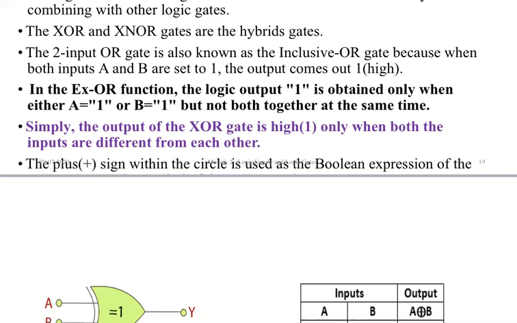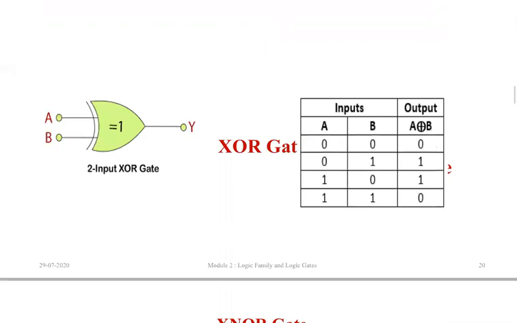At that time, my output is high. Now see XOR, so that word OR is already there. When I see the symbol in the next slide, you draw this. You can see it is almost the symbol of an OR gate only, but there is a line before it. That shows it is an XOR gate. So OR gate you draw, and in front of it, where the C shape is, there is a second line, so that line represents it is an XOR gate. Here the symbol of XOR is you draw a plus, or a circle with a plus inside it. That is the symbol of XOR.